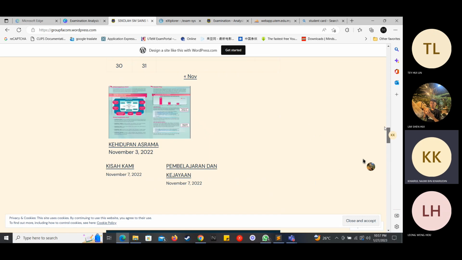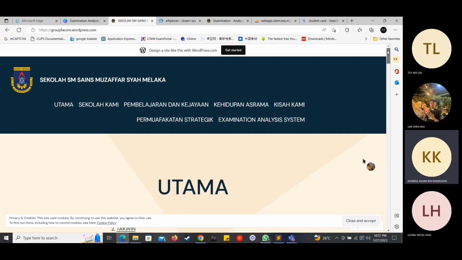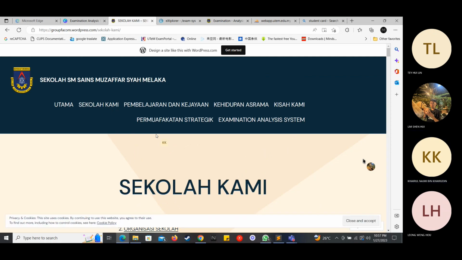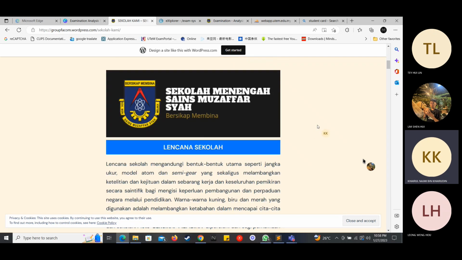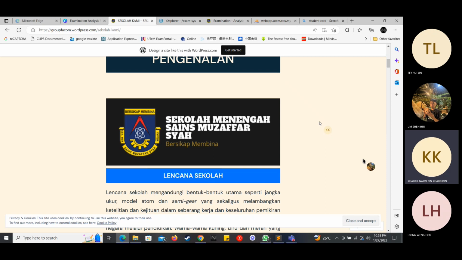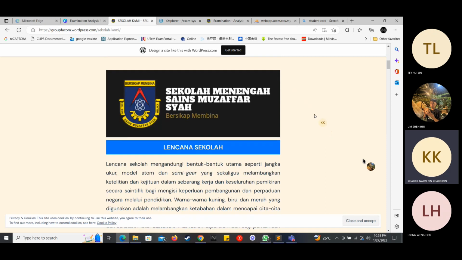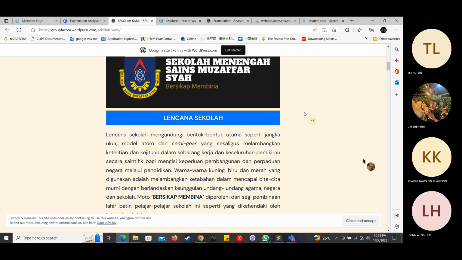And after the main page, we will go to the sekolah kami section. For the sekolah kami, we have pengenalan, organisasi sekolah, visi and misi, watak persekolahan, persekitaran sekolah and identiti murid. For the first, we have the lencana or the badge of the school.